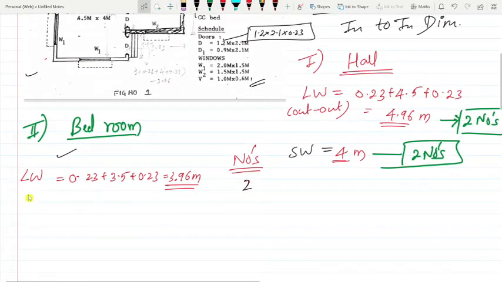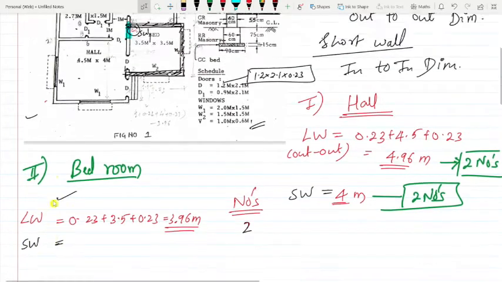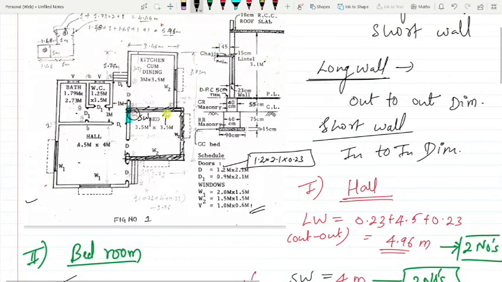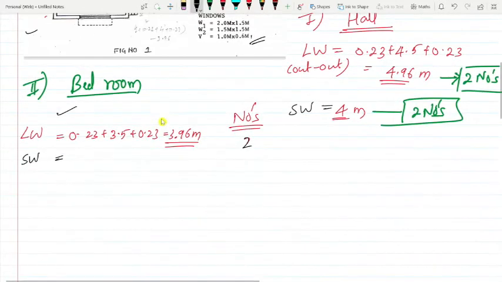Wait, one by one we'll go. Again we have a short wall, so we have to take the in-to-in dimension in the short wall, which is directly 3.5 meters. And now one more, I told you, there is one more short wall, SW1. This is one number.